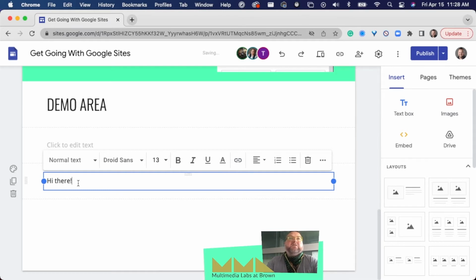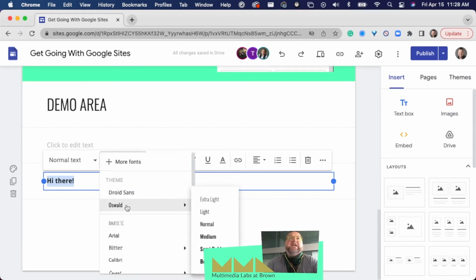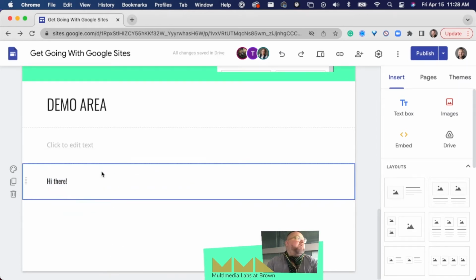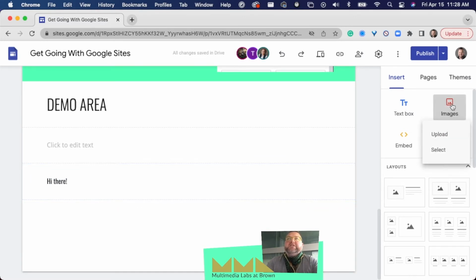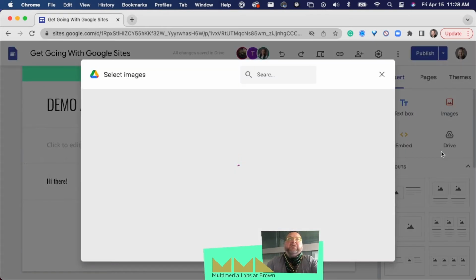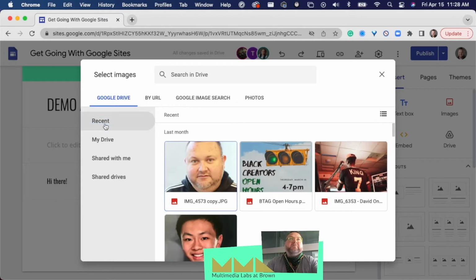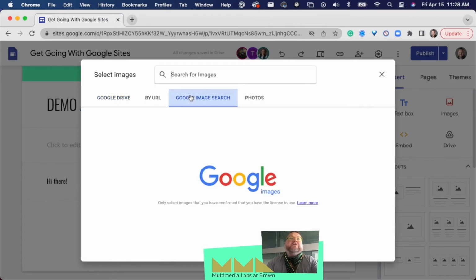And this text box works a lot like a lot of other text boxes, right? Like you can add bolds, you can change the fonts, and we'll go into this a little bit more later on. You can also do things like add images. When you click on images, you'll have a few options: upload and select. Upload means that you're bringing it from your computer. Select means that you are bringing it from some kind of digital source. So it could be your Google Drive, it could be your Google Photos, or you can do Google Image Search,